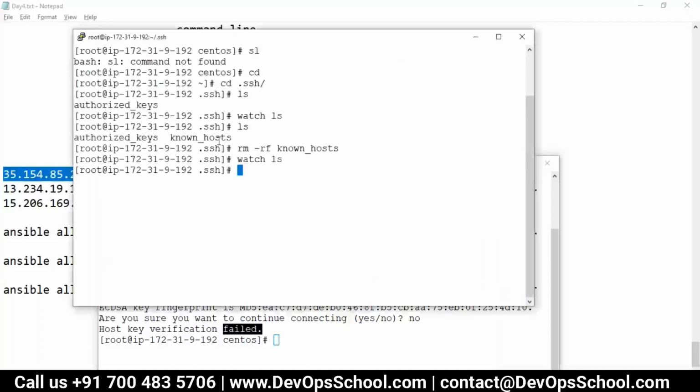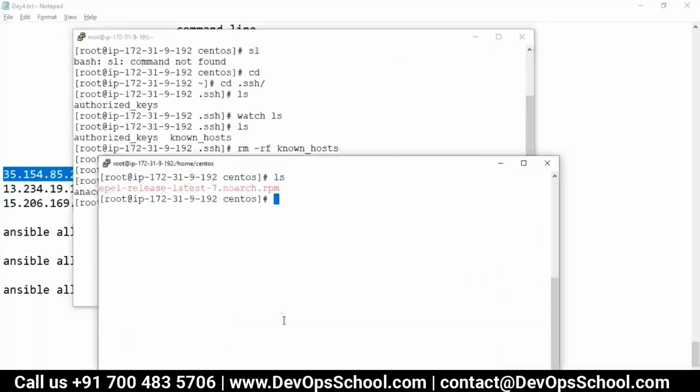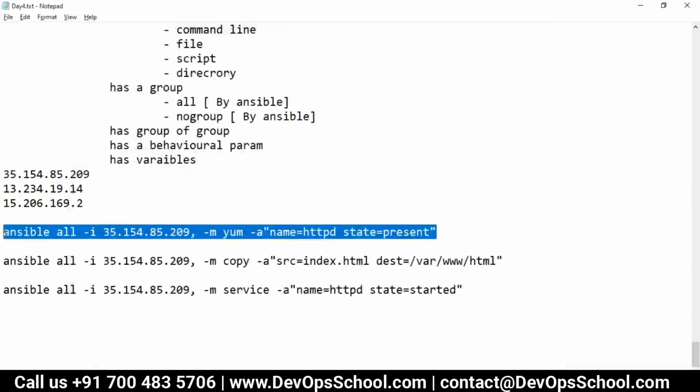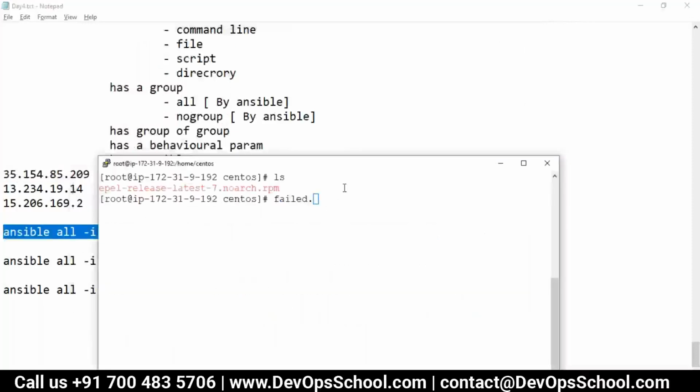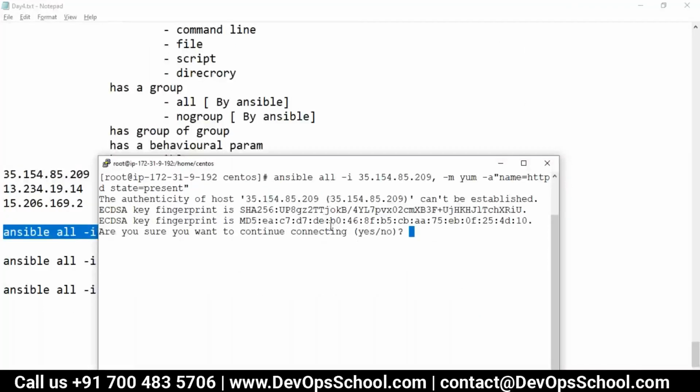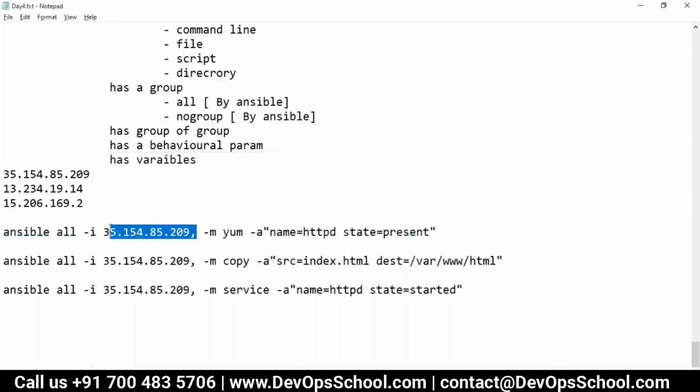Now there is a problem. When I run this command I have one host. If I have one host and I say yes, that's okay. But imagine you have a list of 500 machines, then how many times will you have to say yes?